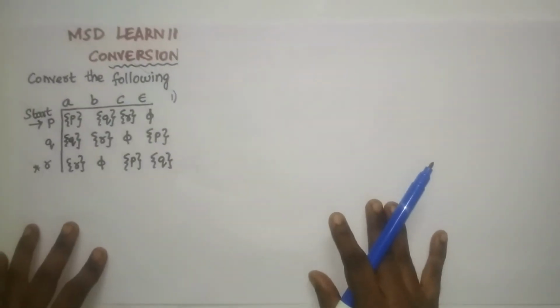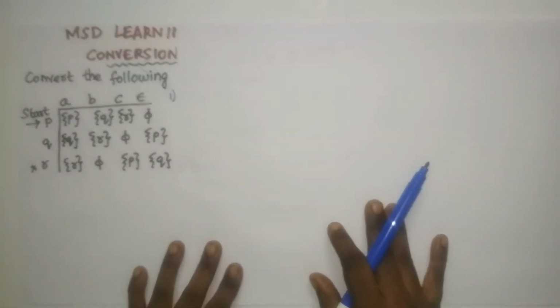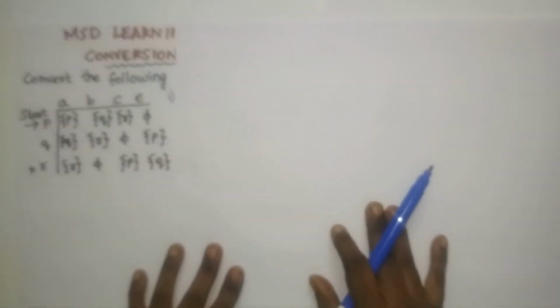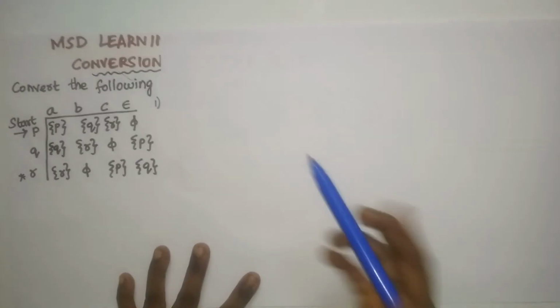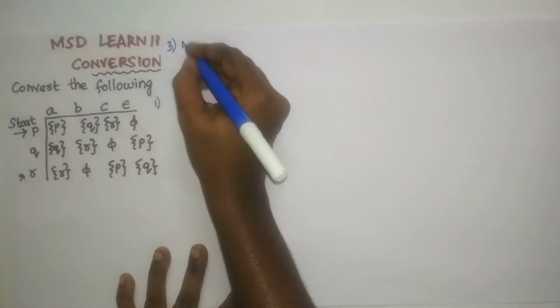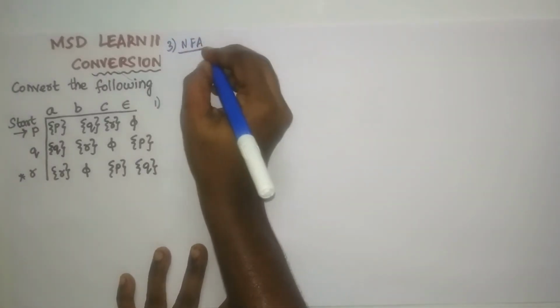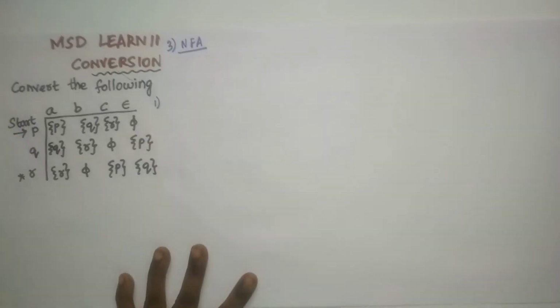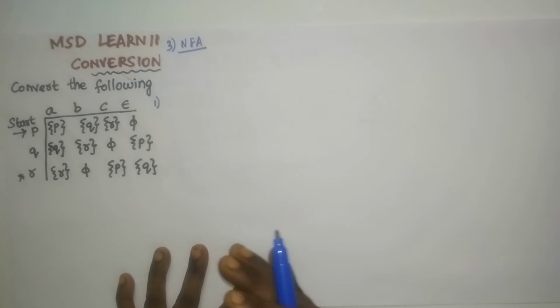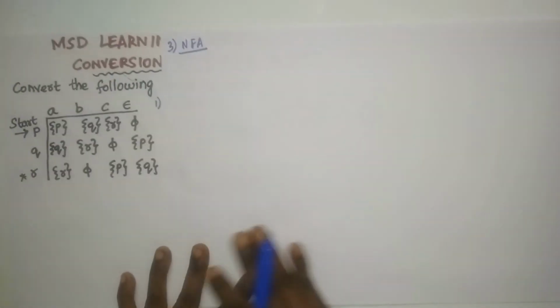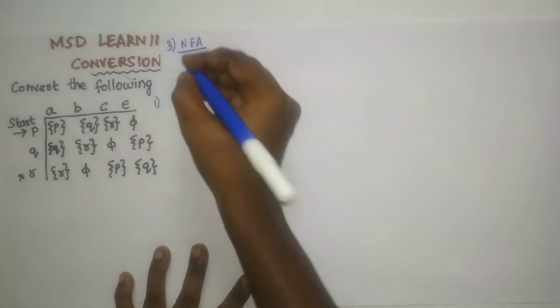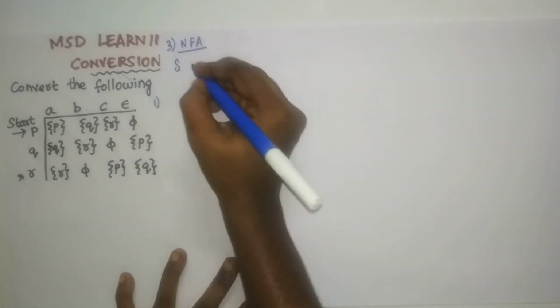Now let us start creating the NFA machine for the given NFA epsilon. Let us use the transition table here and make the transitions by applying the epsilon closure. The states are going to be the same. In the third step, we start creating the NFA machine, where the states are P, Q and R. But before making it, the main thing we have to do is find the epsilon closure for all the states.